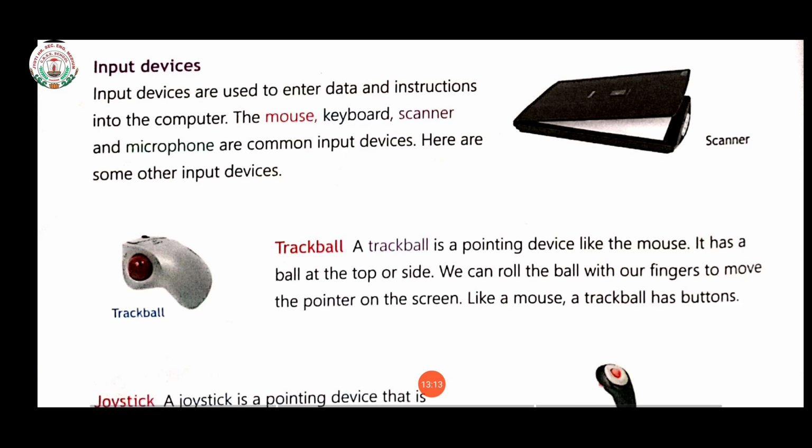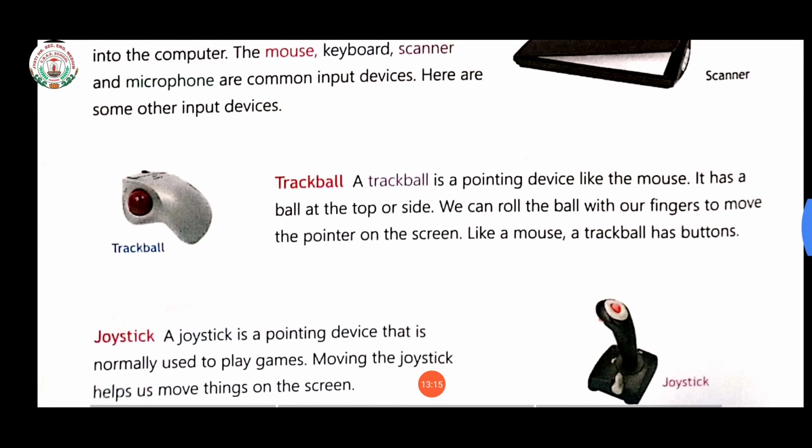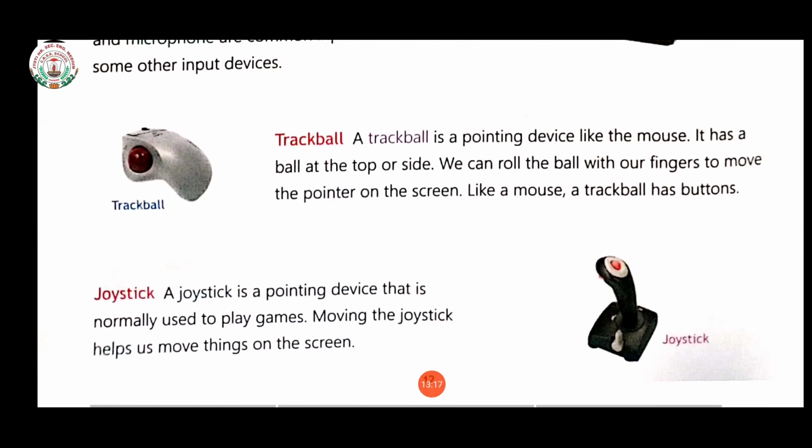First one is your trackball. A trackball is a pointing device like the mouse. It has a ball at the top or side. We can roll the ball with our fingers to move the pointer on the screen. Like a mouse, a trackball has buttons.